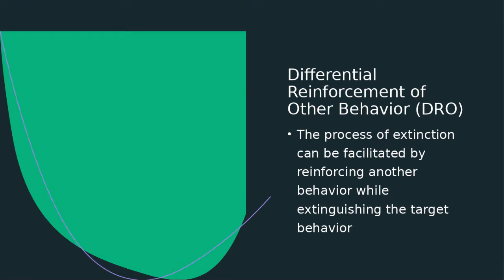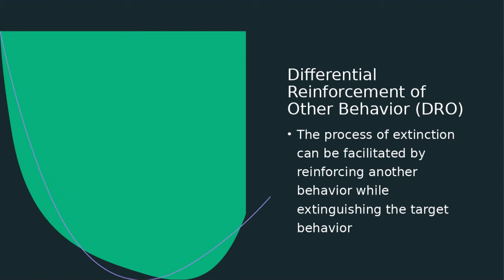So again, going back to our soda machine example, if you're thirsty, there's one soda machine, you put your money in and the soda is broken, you may persist in putting money in and pushing different buttons because that's the only option. That's the only way to get the reinforcer of something to drink. Now compare that to what if there is a water fountain or another machine right next to it where you can get a drink. If there's an alternative to get that reinforcement, you'll choose the alternative. You don't have to persist putting money into the broken machine because there's another way to get the reinforcement.